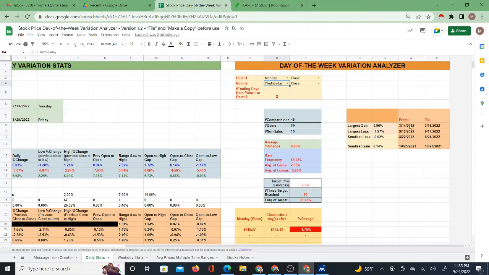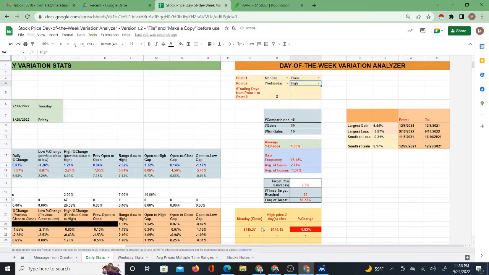I also have the overall stats. I do have the average, as I mentioned, but I also have the history of the largest amount it gained between these points, the largest loss suffered, the smallest loss suffered, and the smallest gain ever made. So this can make for interesting analysis. And you can, of course, change these. If I change this to high,